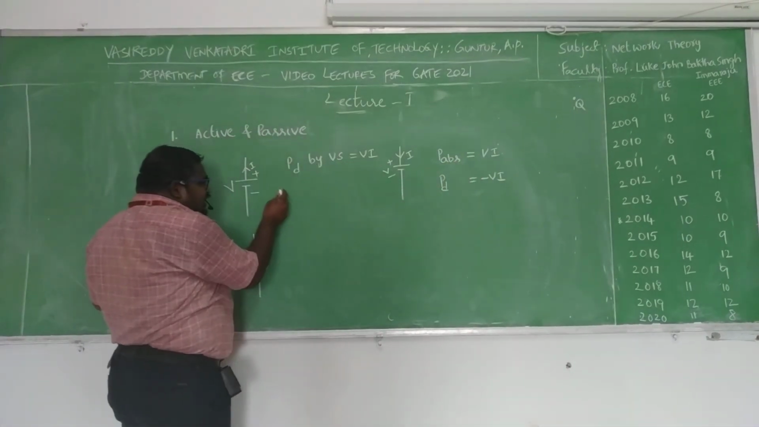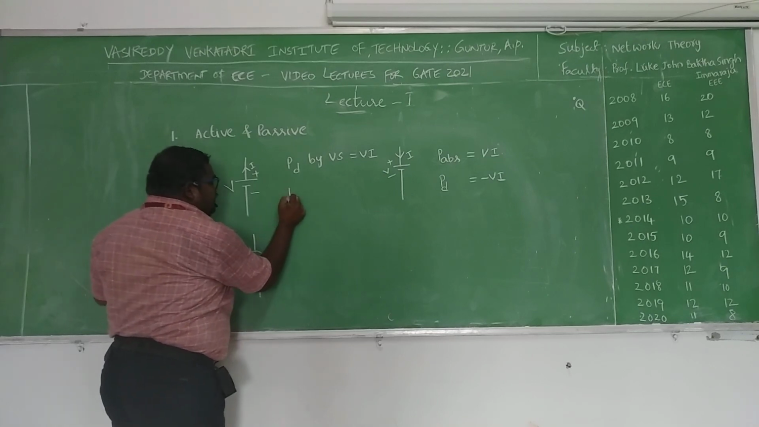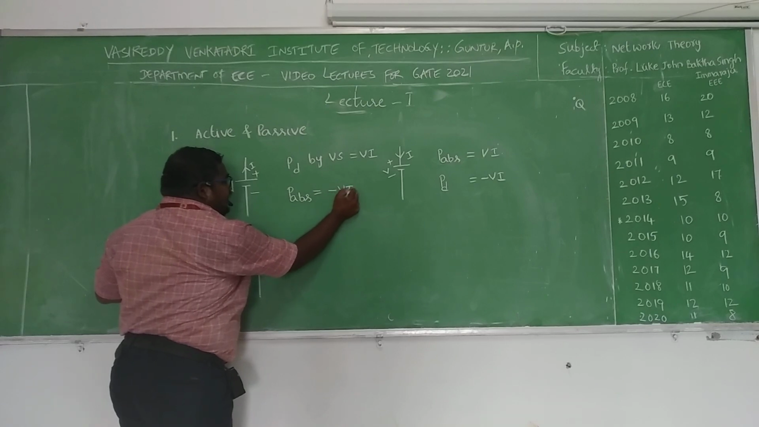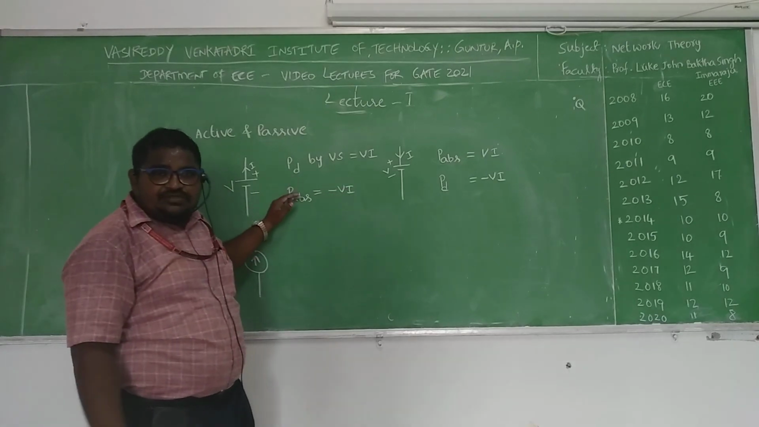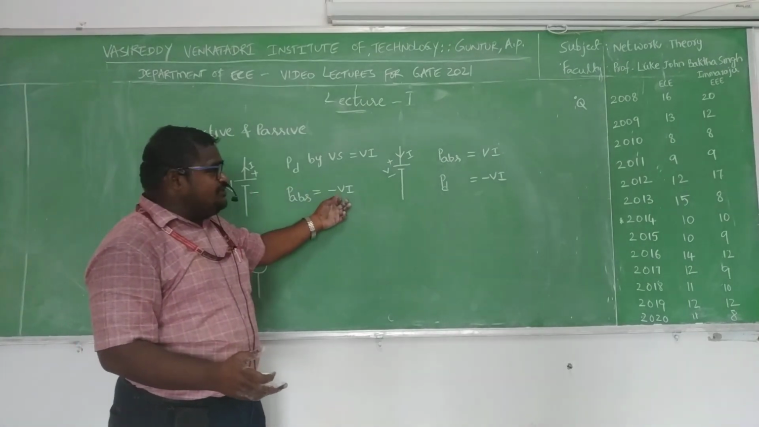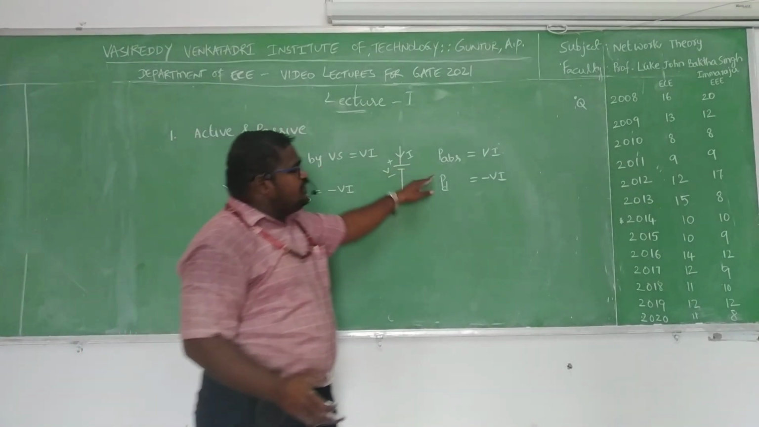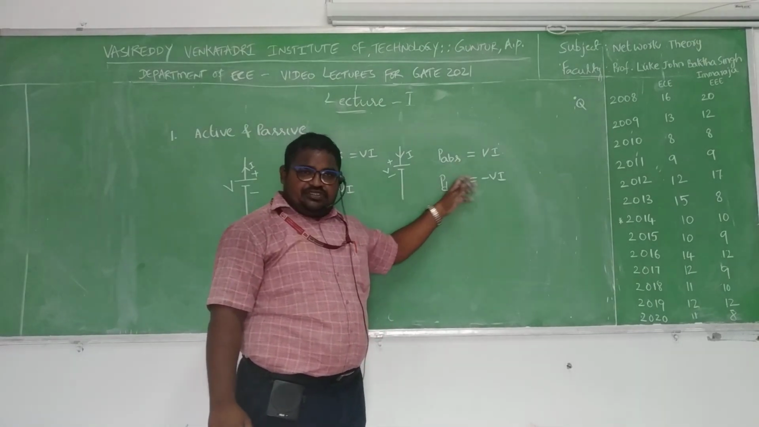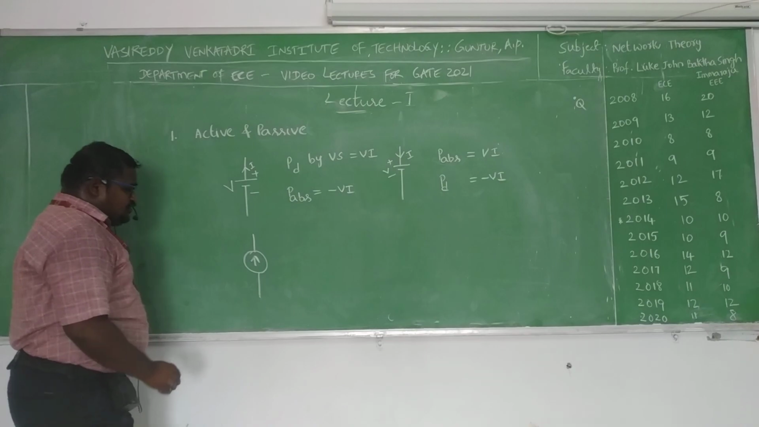And here if I want to calculate power absorbed, then this will be minus VI. If the voltage source is delivering power, then the power absorbed by the voltage source is negative. If the voltage source is absorbing power, then the power delivered by the voltage source is negative. It should be noted. Next, current source. If I take